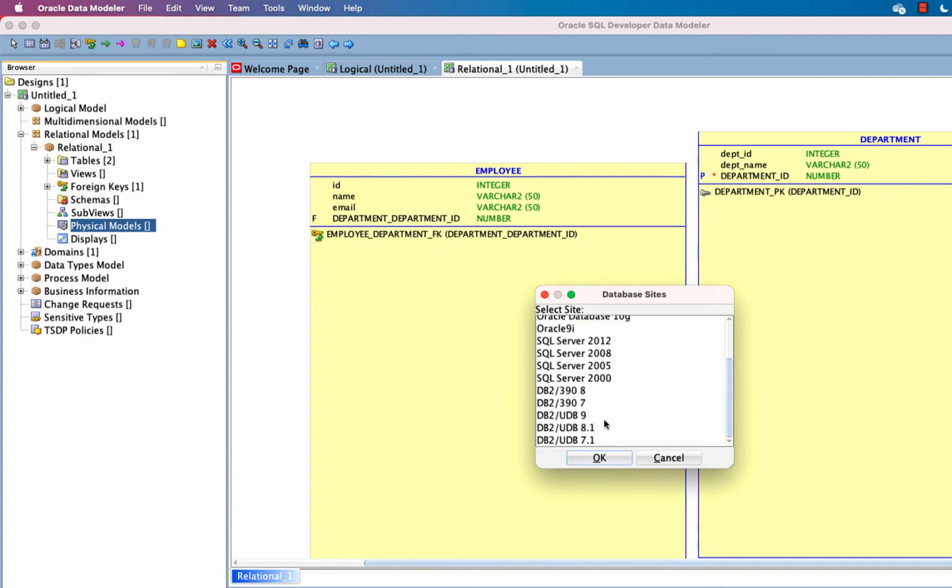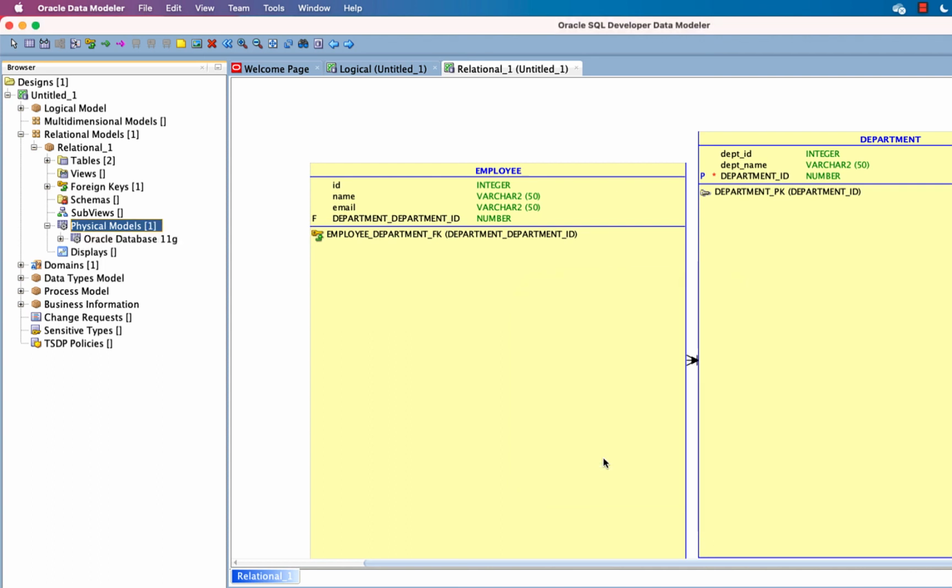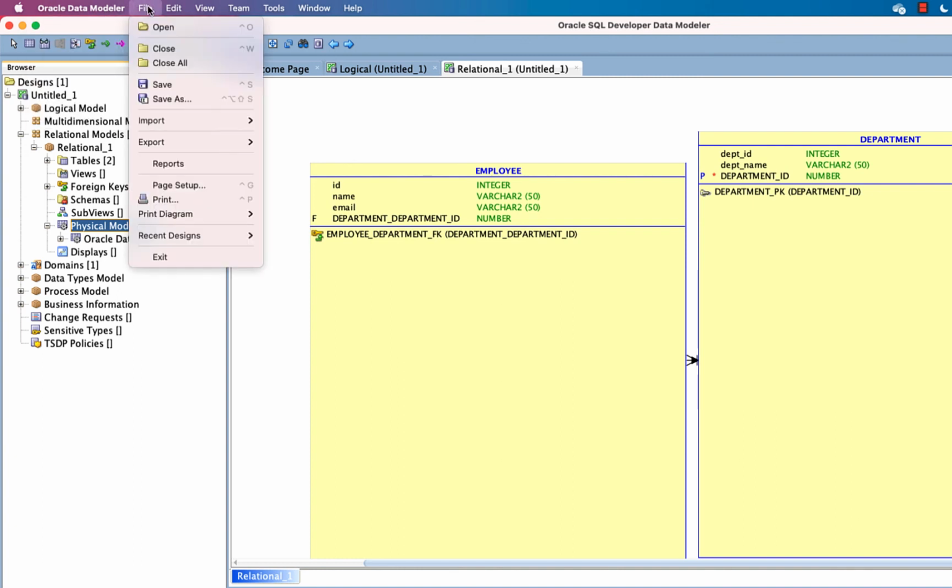So in this choice, it's asking which version of your DBMS you want to create the DDL for. So if you are using Oracle, Database 11g is fine, even 12c or something is fine, but that's fine. So it's created, right? So you can go to file, export, DDL file.